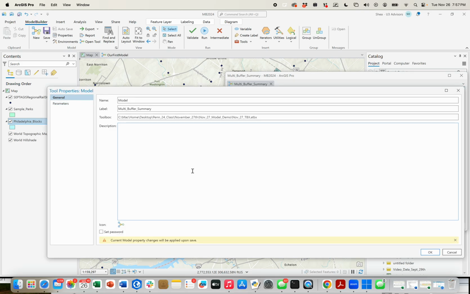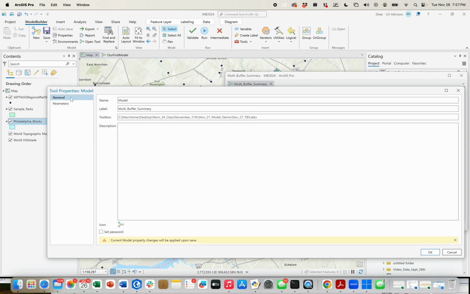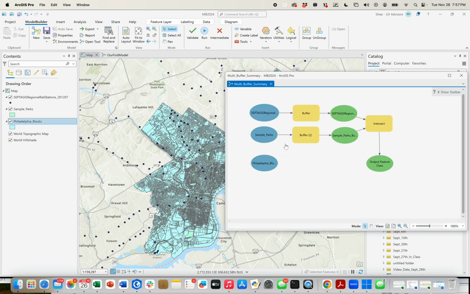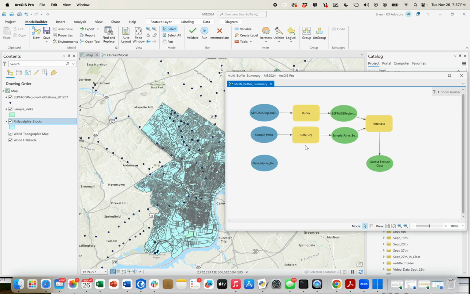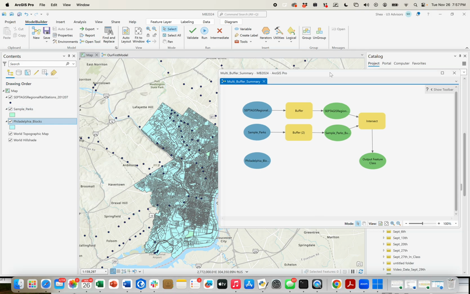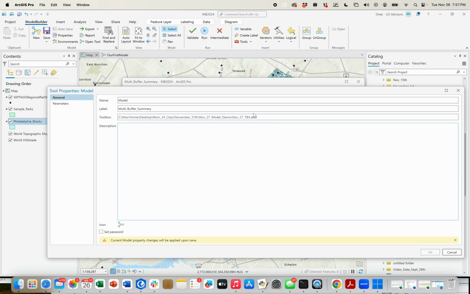If you were to come up to, where is it? Maybe it's not in properties. I have to remind myself exactly where you change this. We'll have this as the start of the next video. But there's a way with the properties of your toolbox or of your model where you can alter how long intermediate data